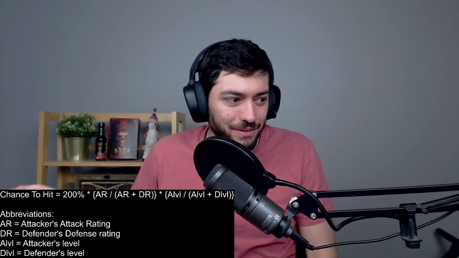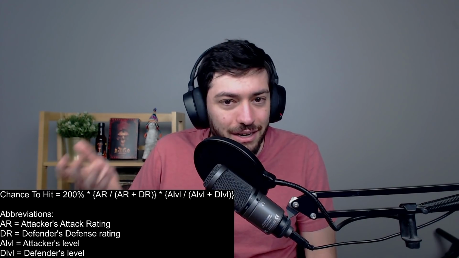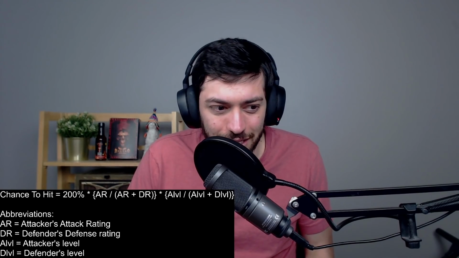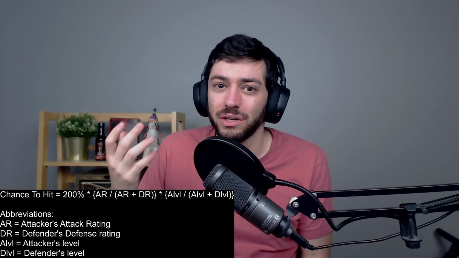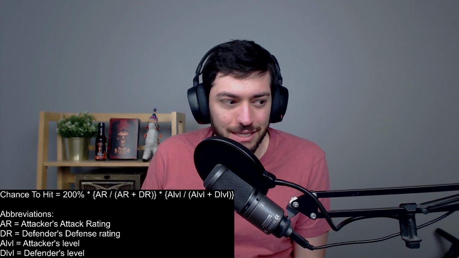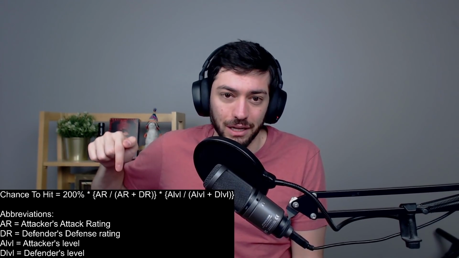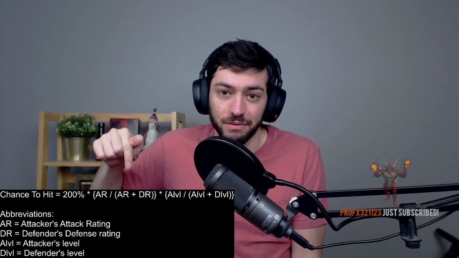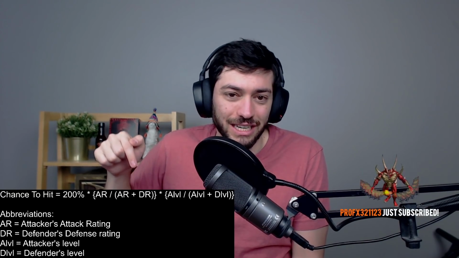That's the important thing to note. And you can see the abbreviations listed down below: attack rating, defense rating, attacker level, and defender level. So there are two components in determining whether or not you will hit them. Additionally, if you have something called ignore target defense, which is a modifier you can find on certain weapons, all that does is remove this part of the formula. And it doesn't work on bosses either. But all it does is remove this part of the formula. So it does increase your chance to hit,